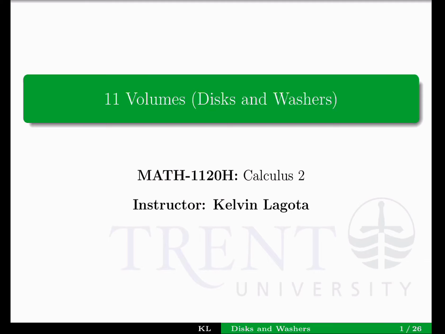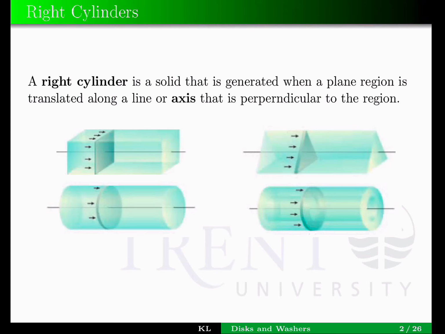So you might be wondering how we can find volumes when we are only doing two-dimensional spaces. A little bit later, we will be considering solids that are generated by plane regions. So let us start. Let us first define what we call right cylinders. A right cylinder is a solid generated when a plane region is translated along a line or axis that is